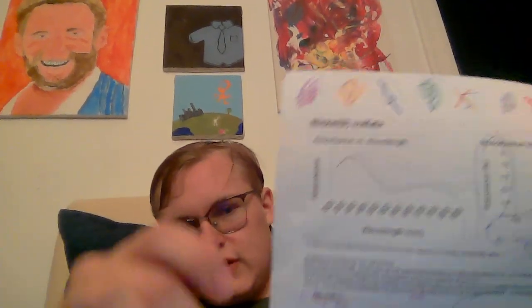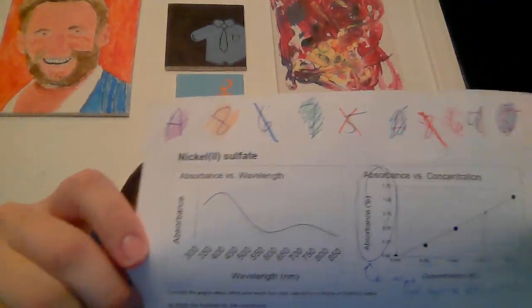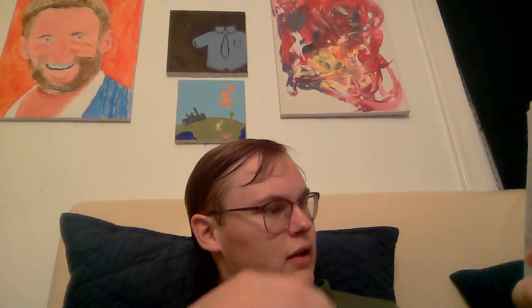Okay, today we're going to be talking about absorbance. So here's the problem, and the questions are: write the formula for the compound. To what wavelength would you set the spectrometer to collect absorbance versus concentration data? Use the graph to estimate the absorbance at concentration 0.75 moles or 0.75 molar. And